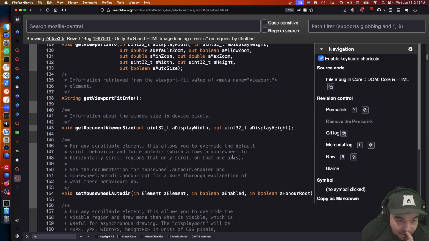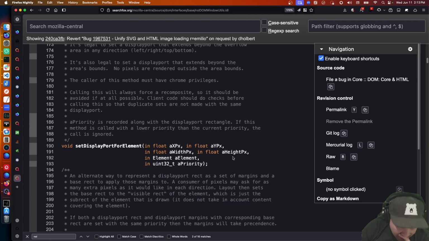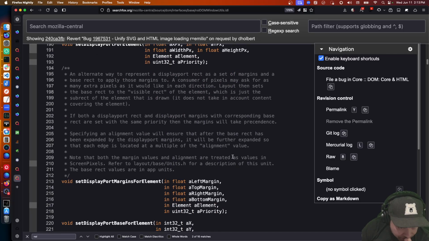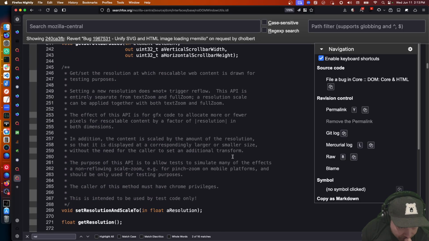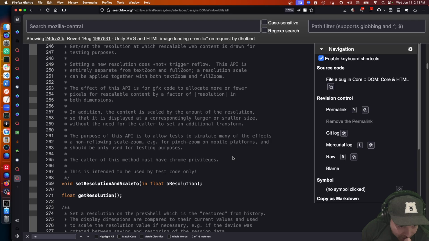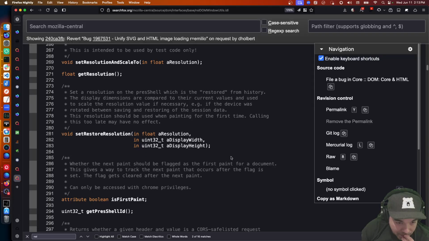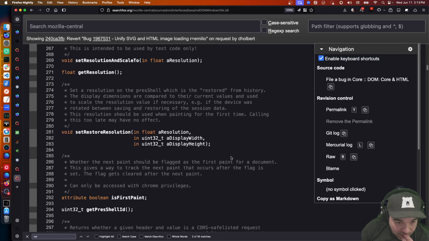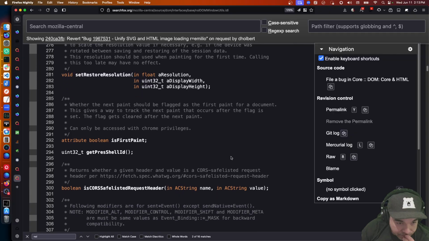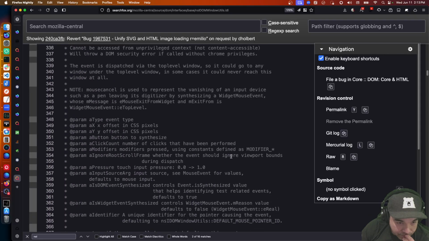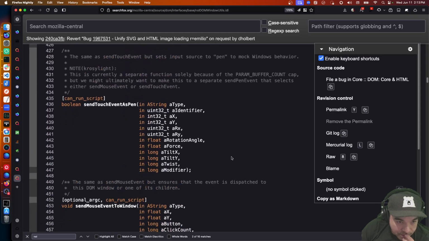That might be enough to reduce the impact to resources. It doesn't solve the flicker or the sort of underlying resource problem, but it may solve the initial one that I was mentioning. Send mouse events.